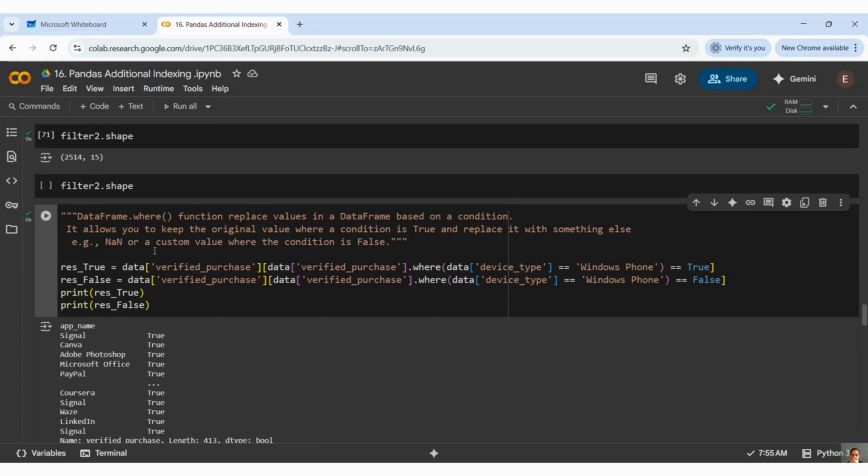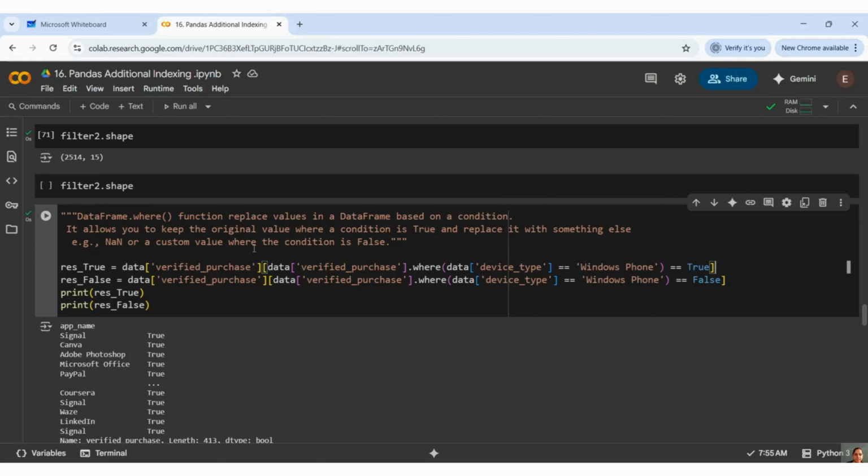Now, the same example as on the top side, I want to fetch the verified purchase where my device type should be Windows Phone, and that should be true, right?